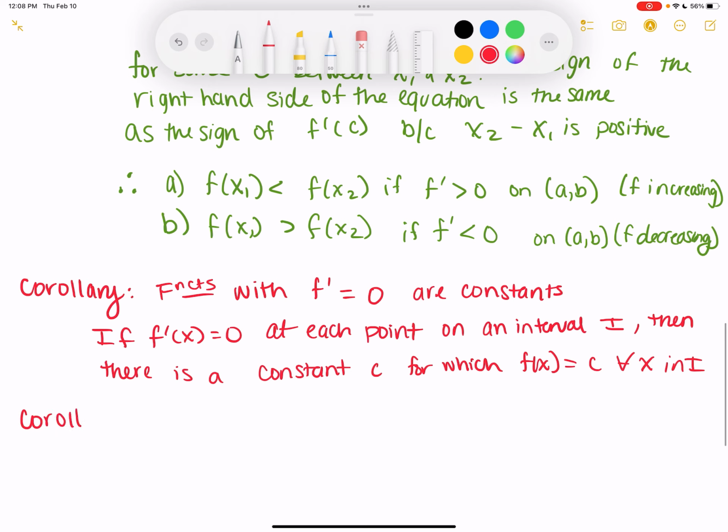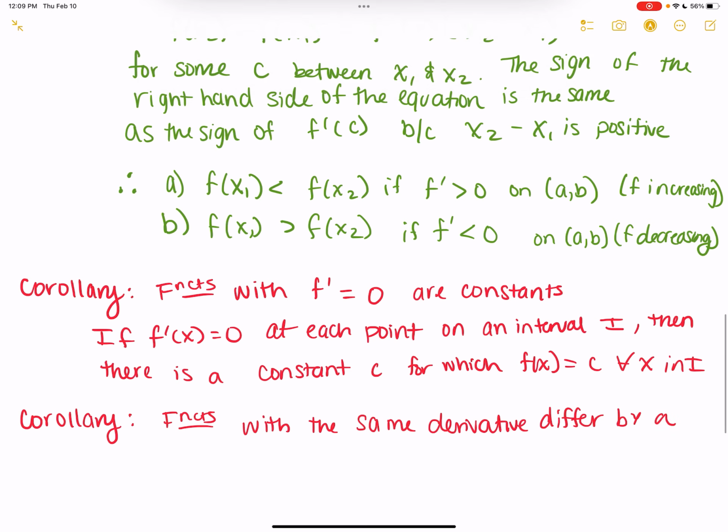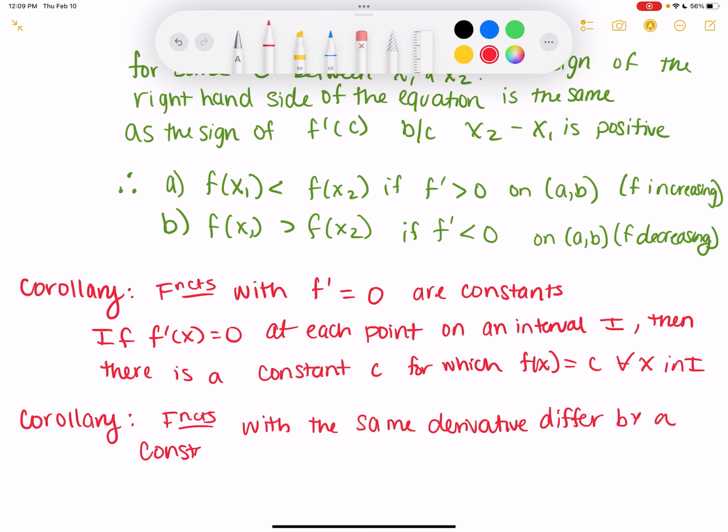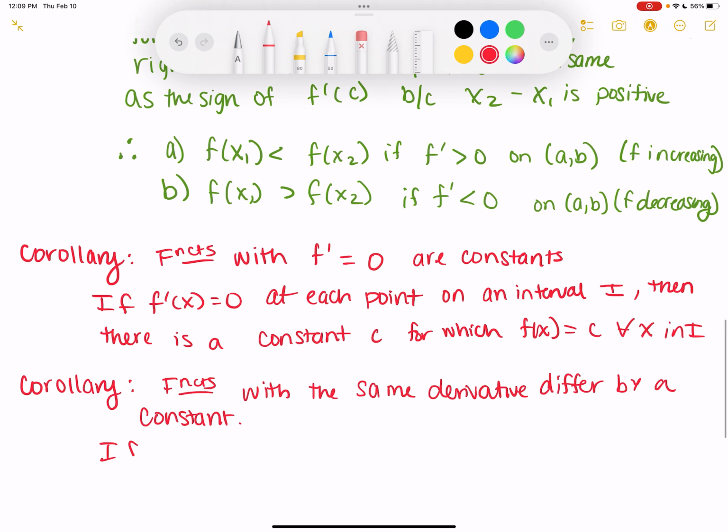And one more corollary and then a definition. Functions with the same derivative differ by a constant. So if f prime of x is equal to g prime of x at each point,